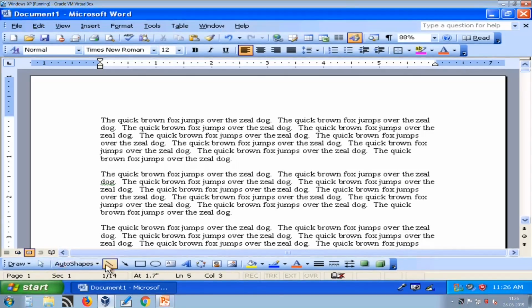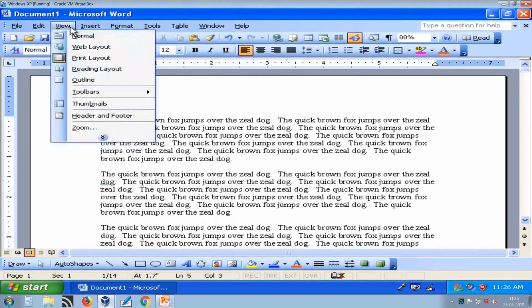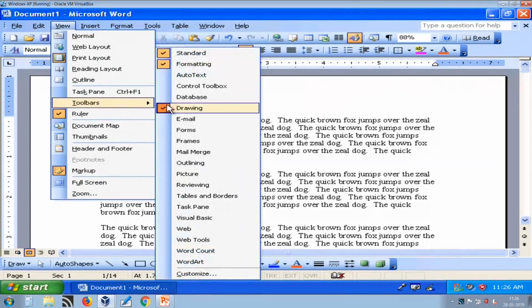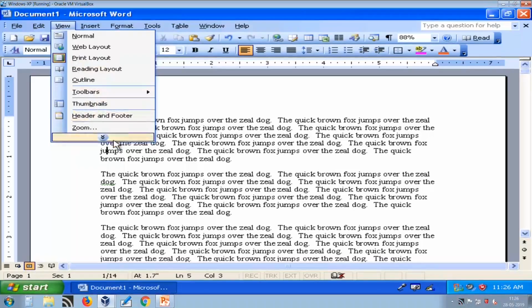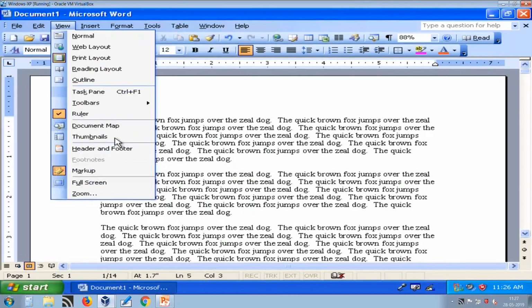So, if you want to show that, you have to check this, and if you want to hide it, suppose I do not want to show the drawing toolbar, then I just click on that and it will be removed. So, this is how you can view and hide toolbars and the task pane.